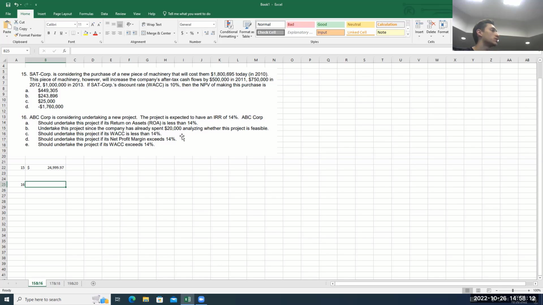Undertake this project since the company has already spent $20,000. We weren't given that information at all. It's a no brainer. Should undertake this project if the